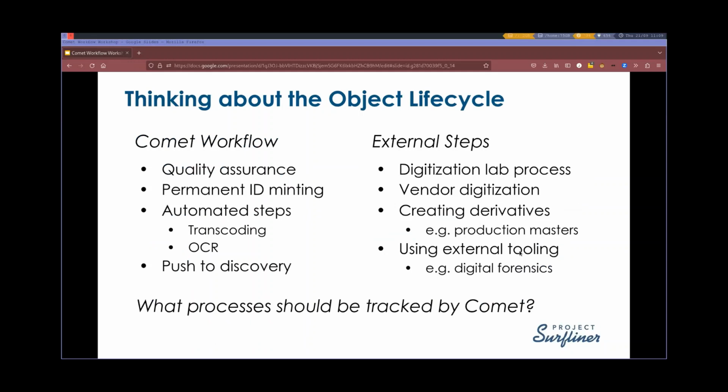So workflows are, again, just a piece of the overall picture of how an object might move through a life cycle as the library is handling it. The scope of what Comet should be tracking is one of the questions that we're most interested in having stakeholder input about